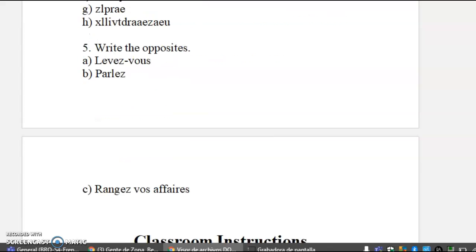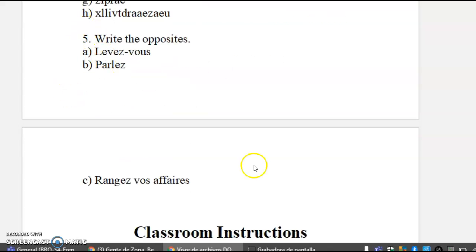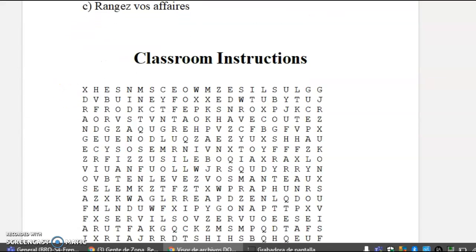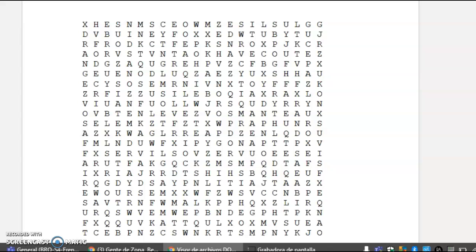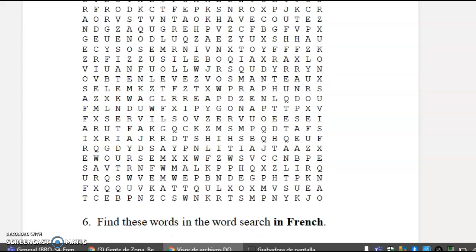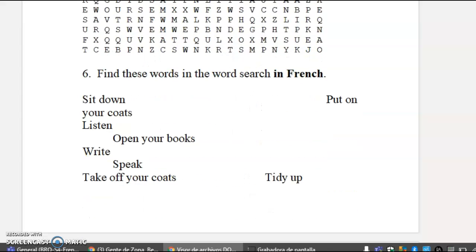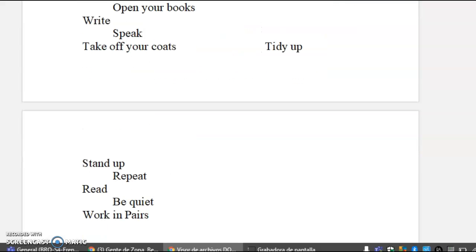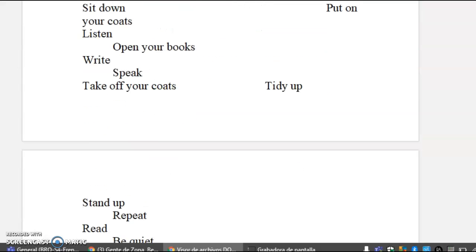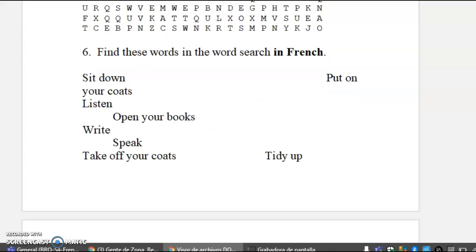classroom instructions, and here write the opposites. And here you've got to find out the words in this sea of letters. And then here you have to, yeah, this is a list of words you need to find. I don't know why the layout is like this, but you can still read what it's